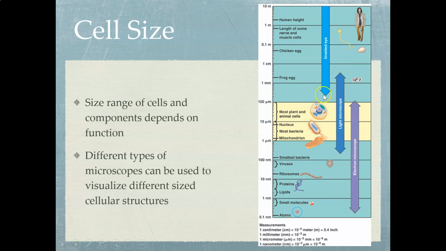We look at generally what we talk about in terms of the capacity for a light microscope, which is what you guys probably think about when you think of cells, your animal and plant cells, and then down here to your bacteria, which are just on the threshold of what a light microscope can do. And then we get down into things like viruses and macromolecules and atoms, and now we're down onto the electron microscope scale. So all of that range really does depend on what that cell does and what it needs to